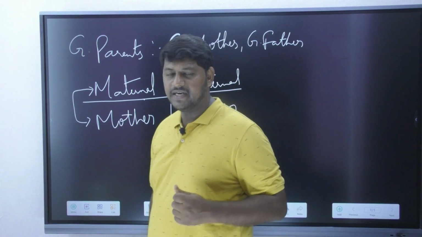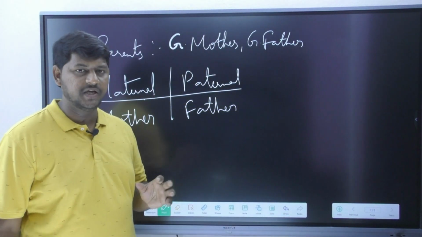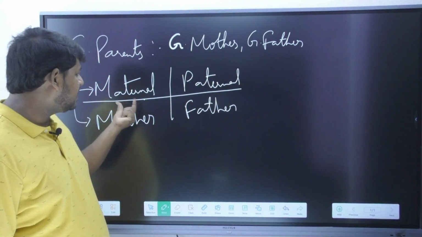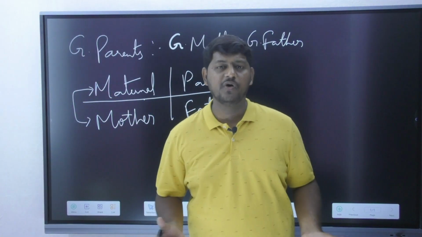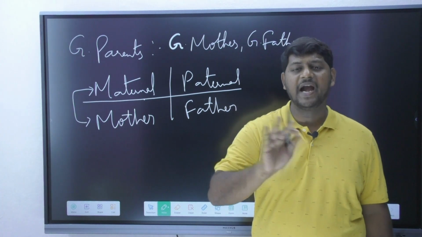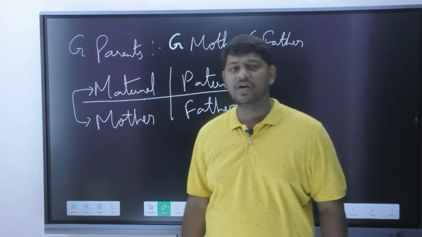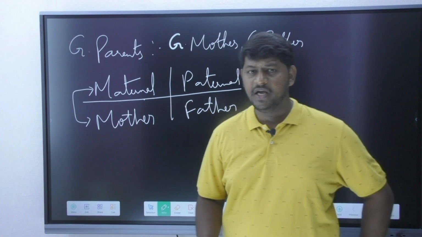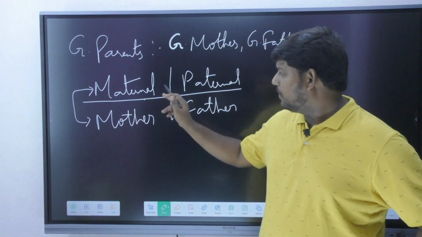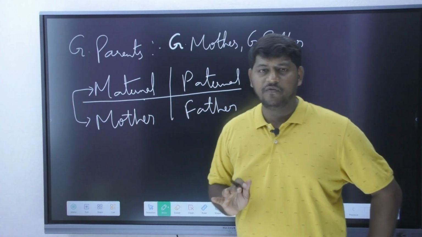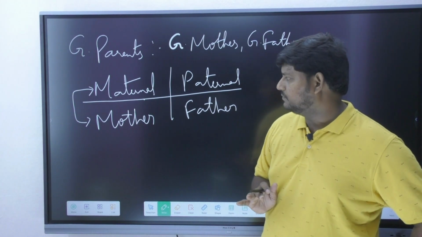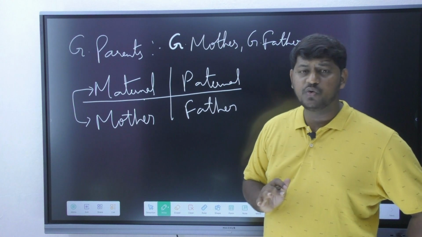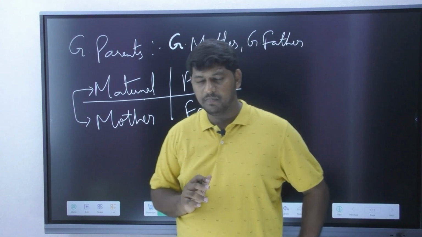Now please understand one important information over here. Your examiner may not use these keywords. He simply is going to give you a question, how is your grandfather or how is your grandmother? Then immediately you are supposed to apply both the possibilities to figure out what is your exact answer. Am I clear? Right. Now here comes the rule number 3. Please do remember the rule number 3.